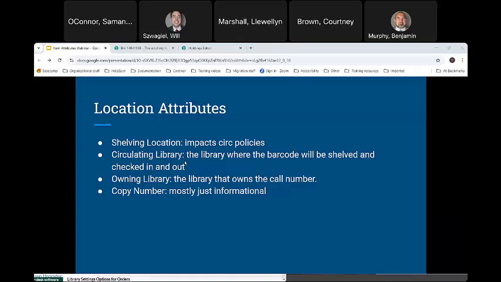Now, this often matches the owning library, but it doesn't actually have to. So the owning library is the library that owns the call number. And there are some libraries in our system that will do something where maybe all items are owned at a central location, and then different branches circulate them for a period of time. And they may occasionally even shift that. So titles that circulate at one library for 6 months may then go to a different library to circulate for the next 6 months. This is also really common, of course, with bookmobiles and other outreach